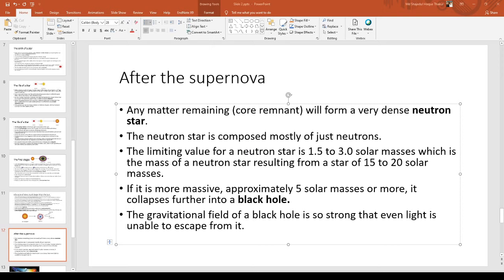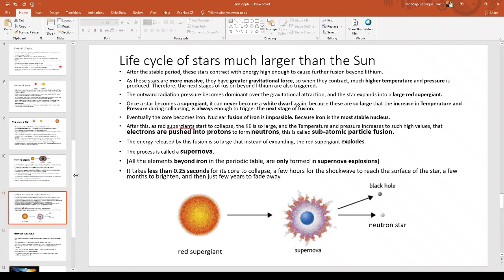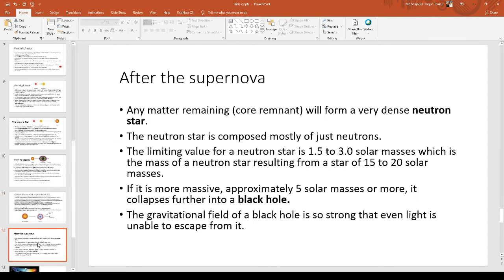How did the protons become neutrons? Well, by the supernova. In the supernova, electrons were pushed into protons to form neutrons, by subatomic particle fusion, and that is how